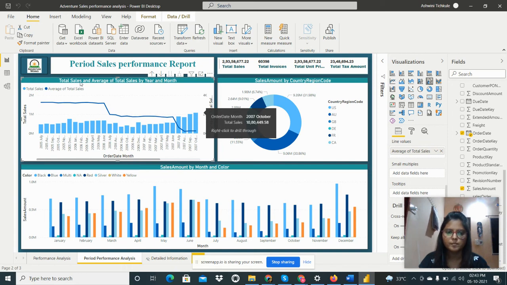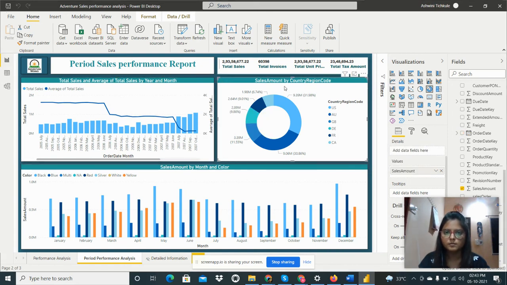Okay, and then sales amount by country region code. So here I have added a legend as the country region code. In the value, sales amount, and the legend, country region code. Okay. So as per the country region code, we can analyze the sales amount, how much percentage is there for that particular country region.